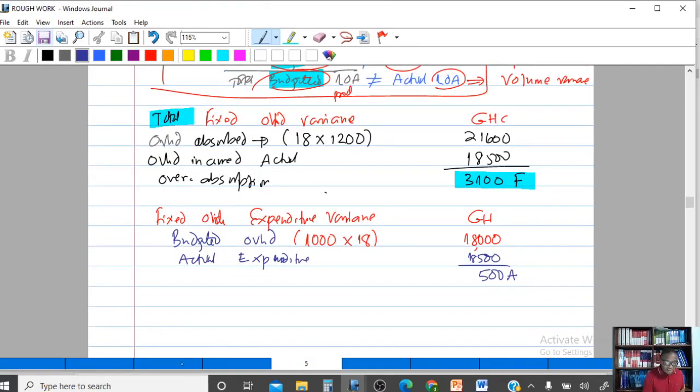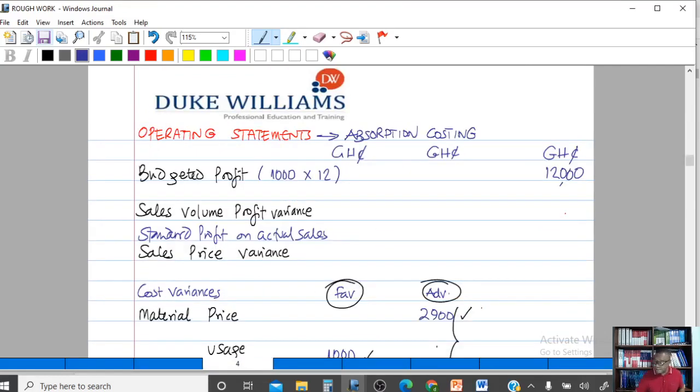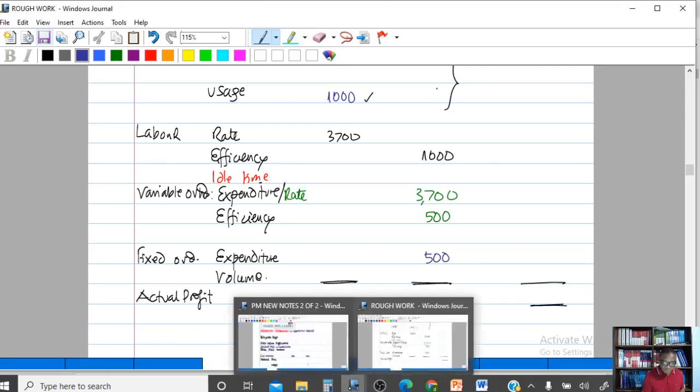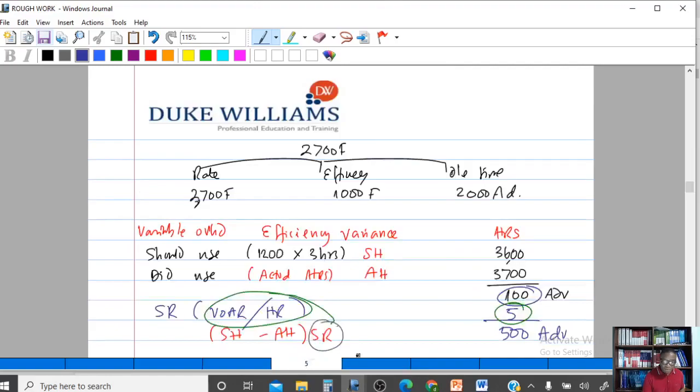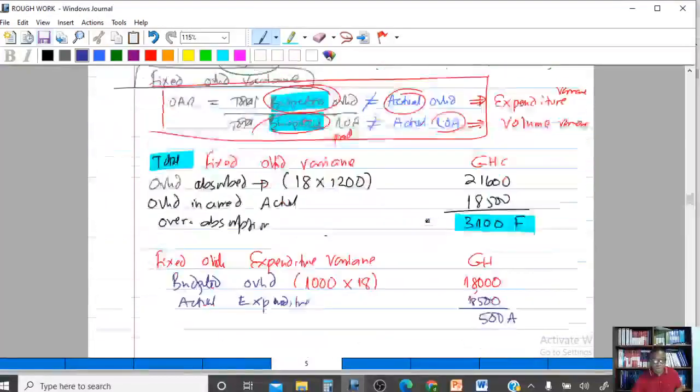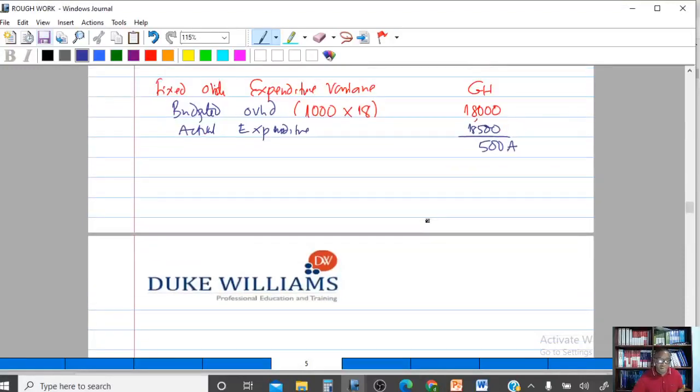So can I just go back and fix that here? That expenditure is 500 adverse. So I come here and pick that in the 500 adverse. Now, what is the volume? I gave you a clue that the volume simply works with comparing budgeted volume to actual volume. So let's see,